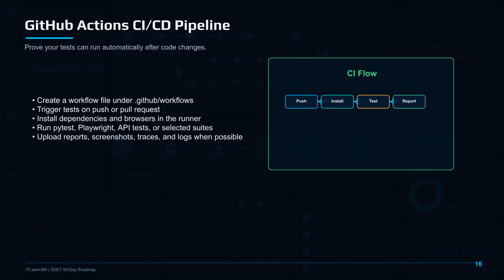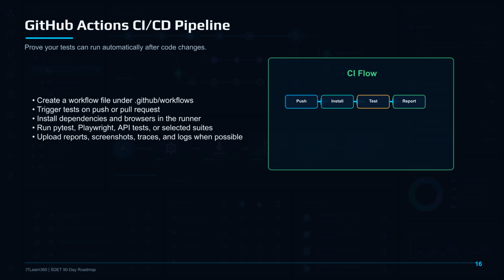The basic CI flow is push, install, test, and report. This does not require a complicated enterprise setup. Even a simple working pipeline can show that you understand modern delivery workflow. Now that we have covered the core technical path, let us add one modern productivity topic: responsible use of AI